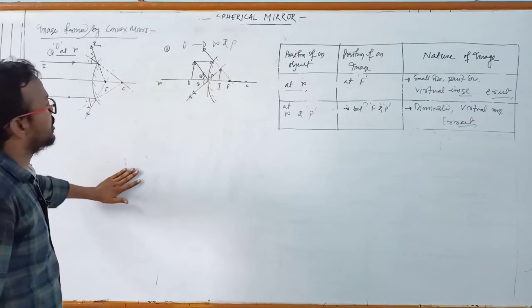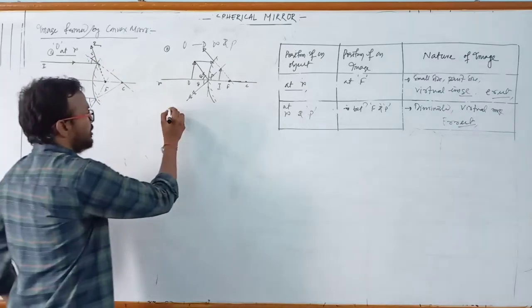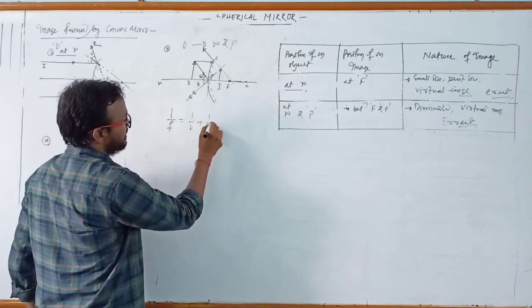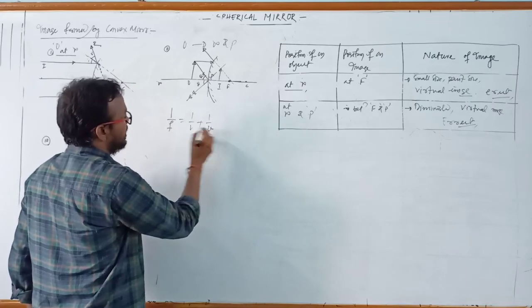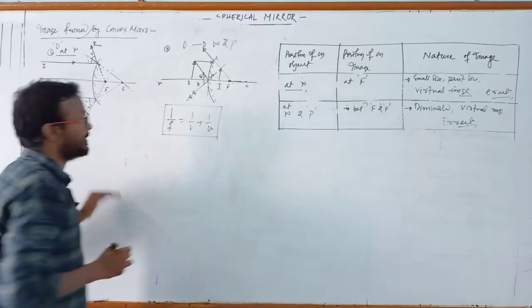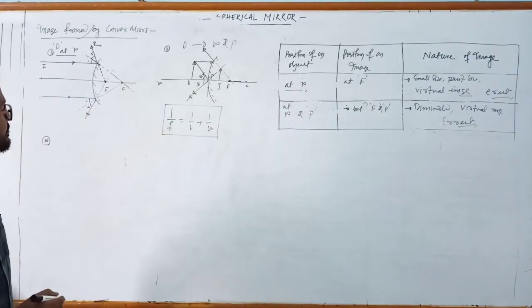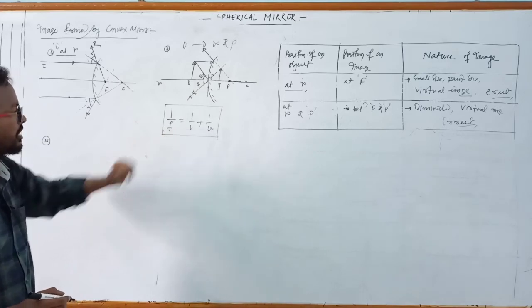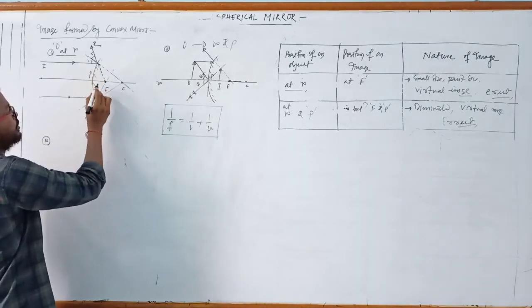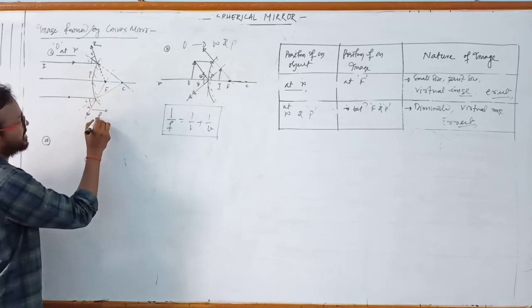You can prove the mirror formula from this concave mirror also, and you can prove this relation. We will get that 1 by F equals 1 by V plus 1 by U. That means the mirror formula is the same for both concave mirror and convex mirror. Clear? This is the mirror formula for convex mirror, but here the distance is always measured from the pole,